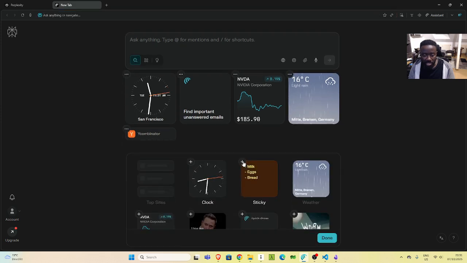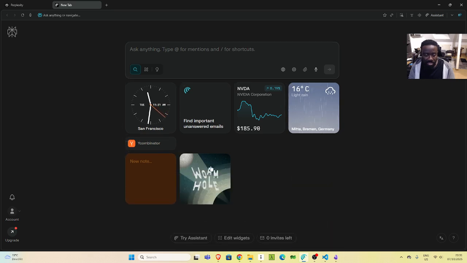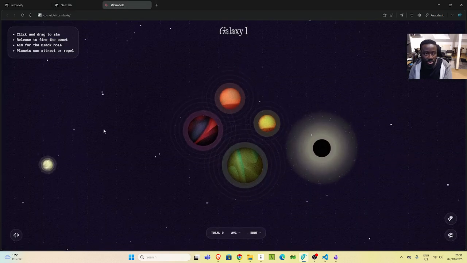Let's say I want to add the sticky pad, I can add it here, and I can also add something like this one. Then if I click done, I can see it here. I can add some notes here. So this is going to be a Comet browser tutorial, something like that. It's very useful stuff out of the box. And then something like this, you can click on it and it goes to this wonderful